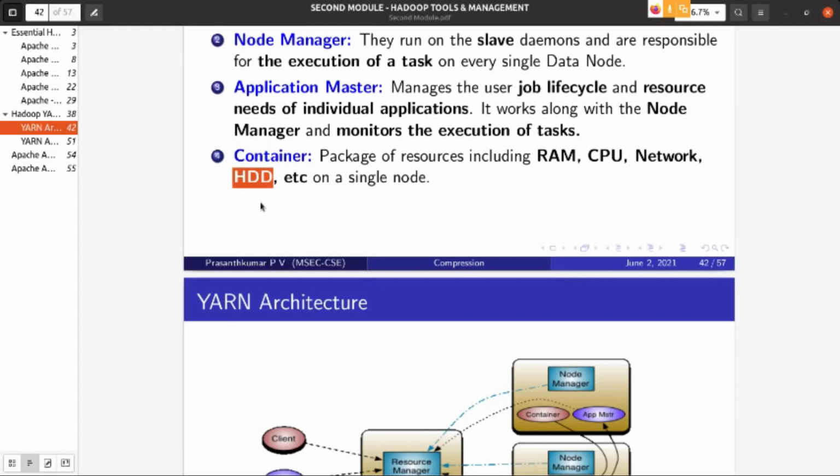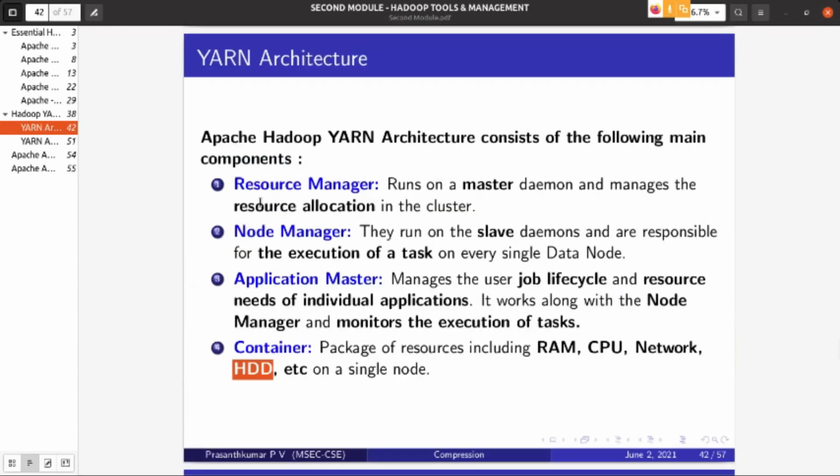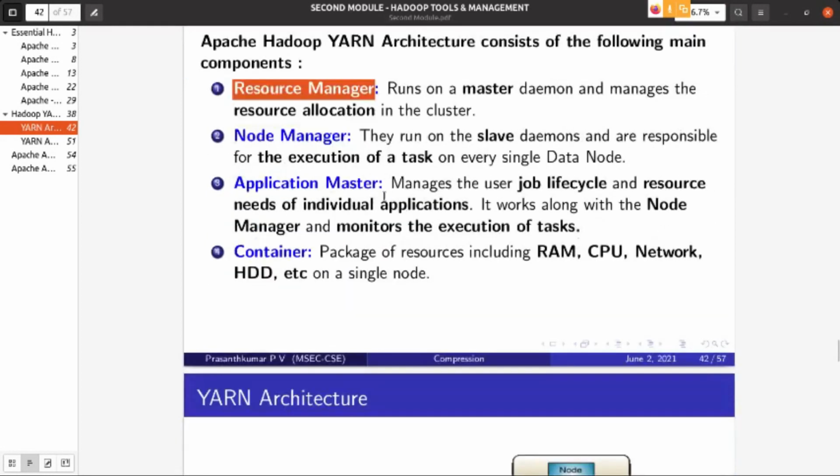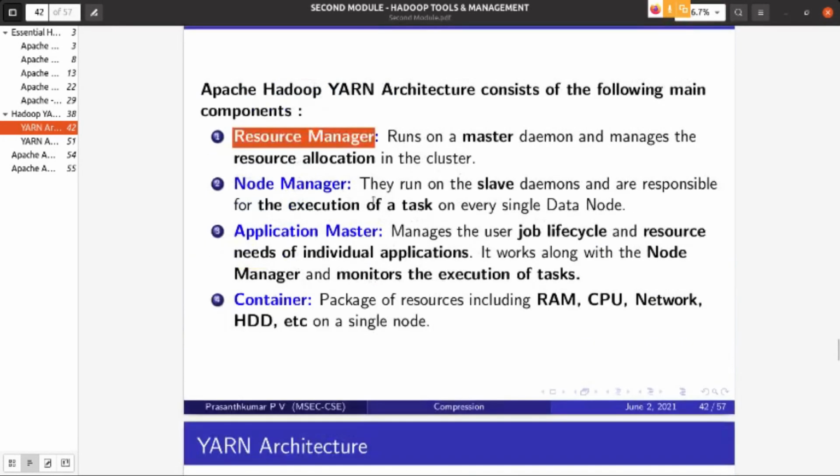So whenever you need CPU or memory or network, you need to request a container. You will request to whom? You will request to the resource manager. Then what will the resource manager do? Resource manager will allocate a container to the application that is requesting. Those things will come.